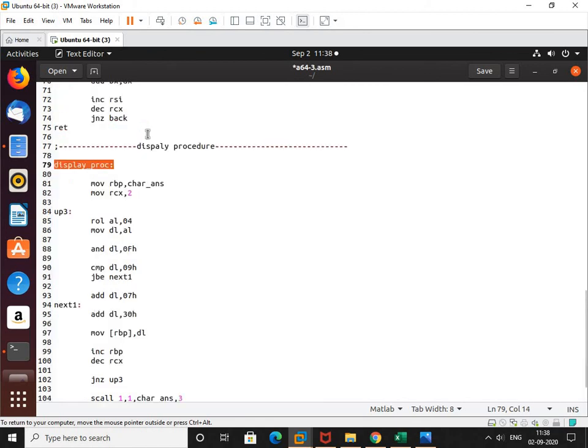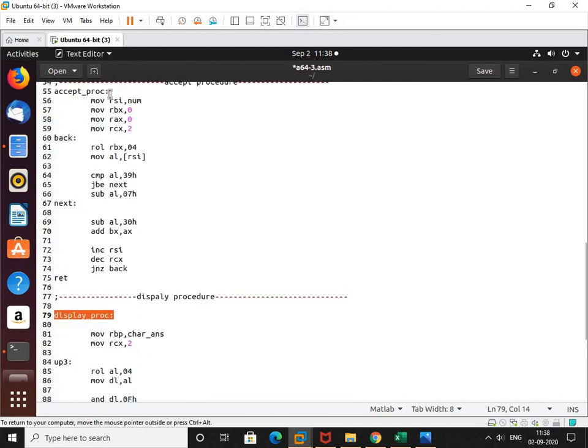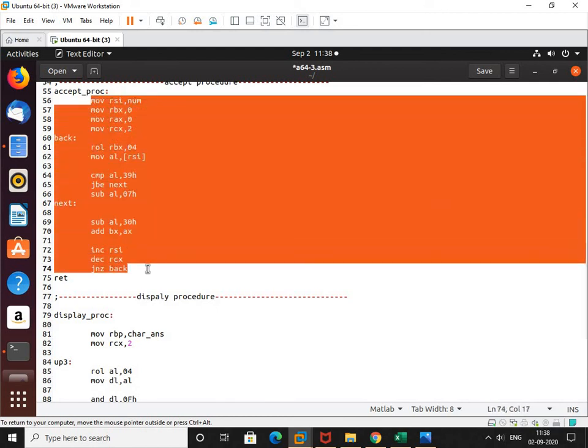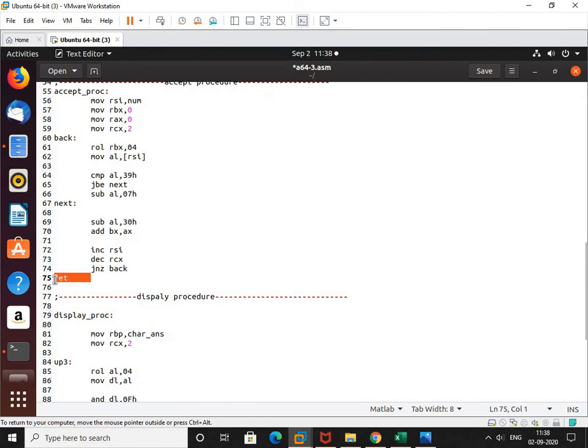Name and colon. See here also, accept proc and colon. You give the name of the procedure, subprogram, subroutine or function, and write a colon. After that the code starts and you write the RET instruction so that it will return back to the main code.